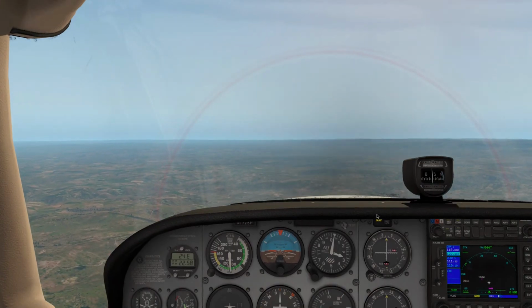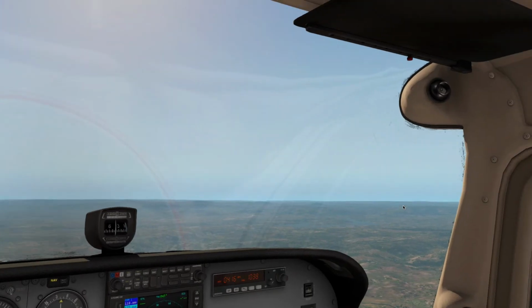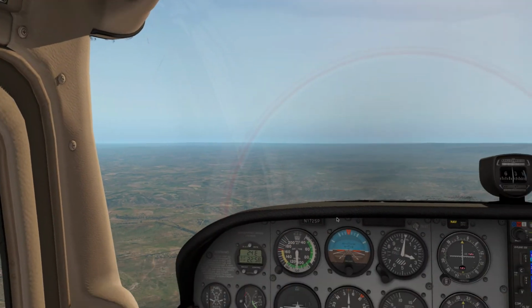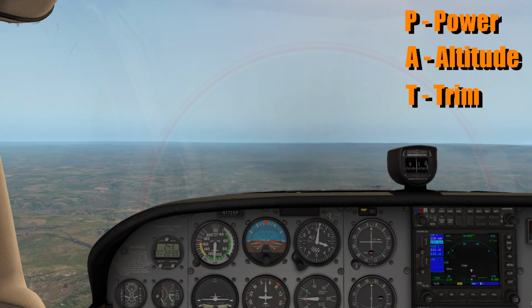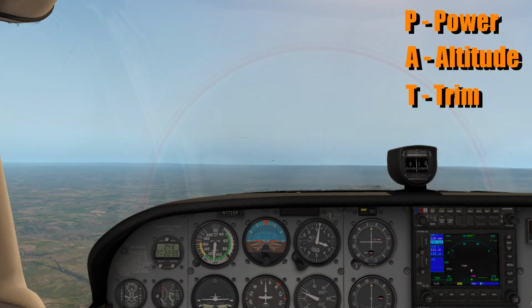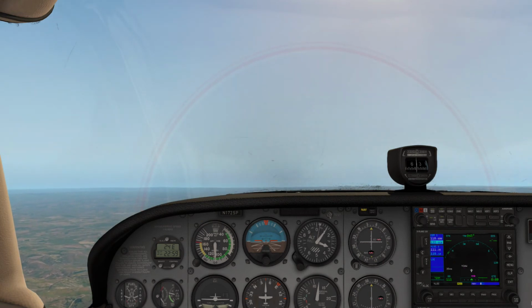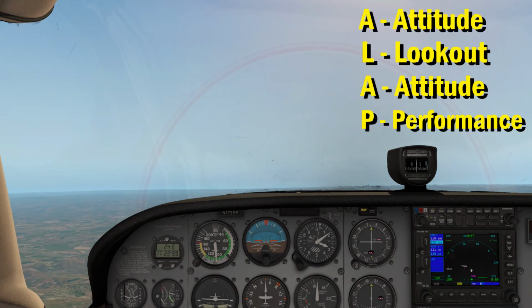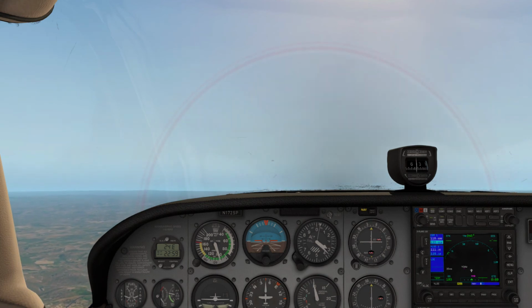I'm going to show you again the entire technique of climbing. Let's say right now I'm climbing from 3000 feet to 4000 feet. To enter a climb, I need to look out for traffic first, set the power to full power, and then raise the nose, trim the aircraft. And then you can see, right now I'm going to start the climb. Then I need to maintain the climb, remember the ALAP: check the attitude, look out for traffic, check my attitude again, and then also the engine performance, aircraft performance, temperature, pressures, speed, my heading,